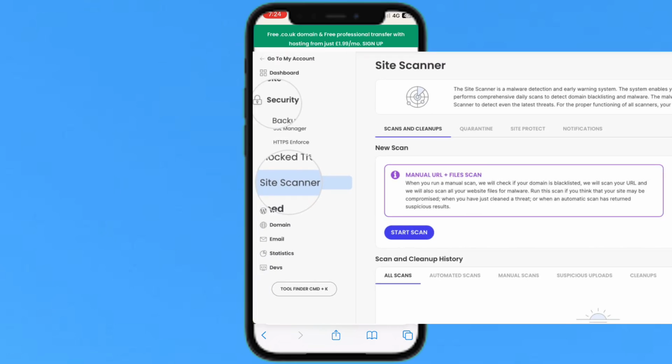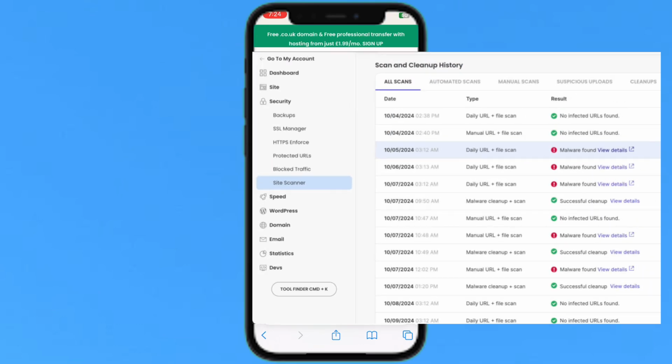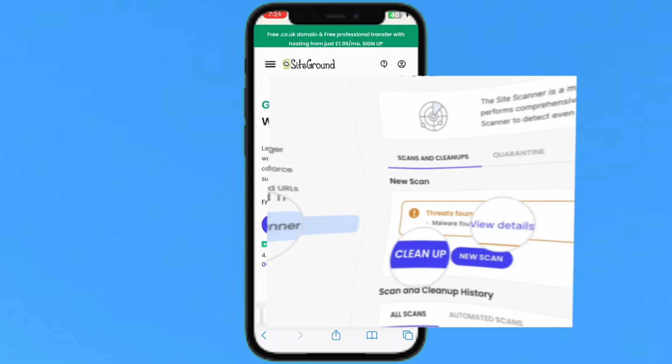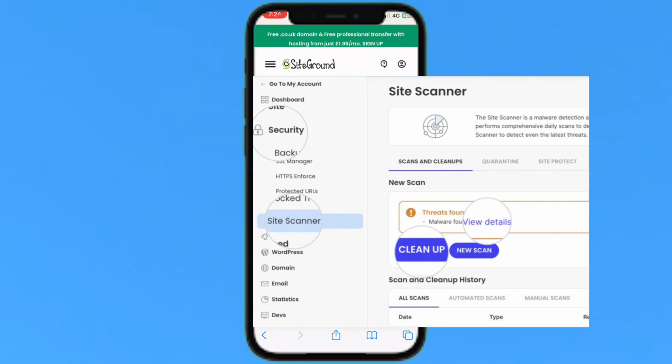So how can I enable the site scanner settings? To access the site scanner tool, go to your website's Site Tools, Security, then Site Scanner. After that, you will see the option to select the malware scanner. Just tap on it. You can also view detailed information about the infection and access the cleanup options immediately through